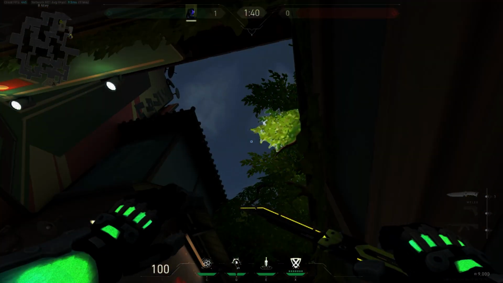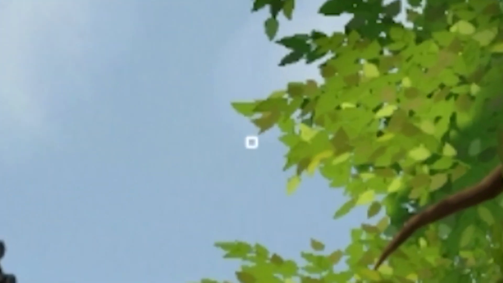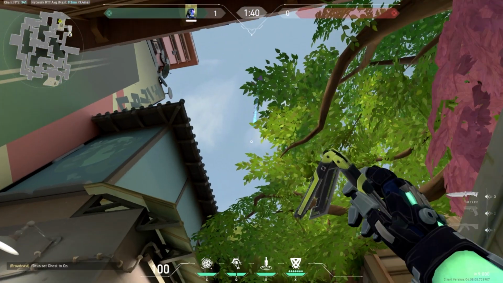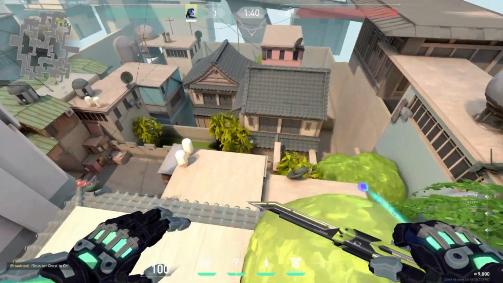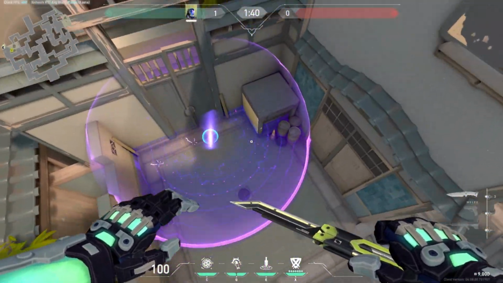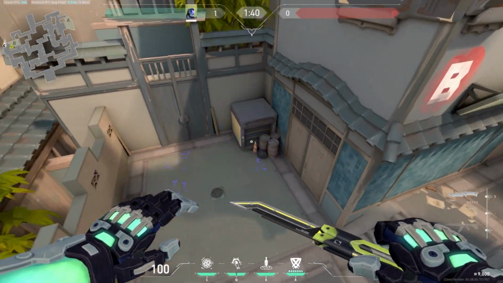In the middle bunch, there's this tiny brown speck next to the leftmost leaf. Aim ever so slightly above it and throw your nade. This will again thread the needle and land right in the middle of backsite. It damages those on top of the box and on the side of it. This one might take some more practice, but once you get it down, it'll be a very useful niche trick